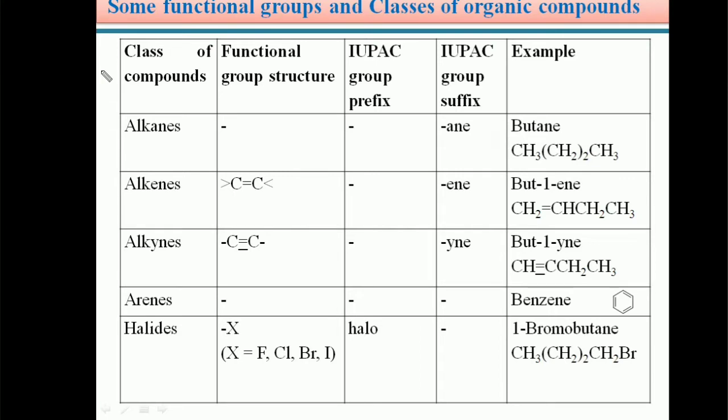Dear students, different types of functional groups are present. Just now in the previous slide, we saw the priority order of the functional groups. In the case of polyfunctional organic compounds, we saw the preferential order. For example, COOH, carboxylic acid, is a highly preferential functional group, so that is considered the preferential or principal functional group. The remaining functional groups act as substituents in case of